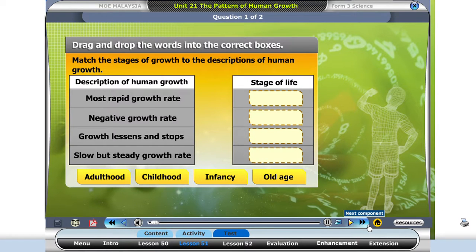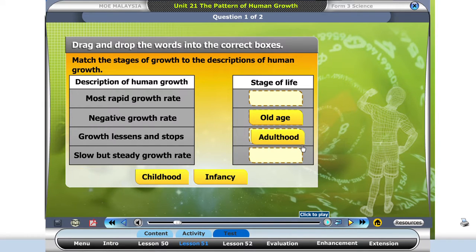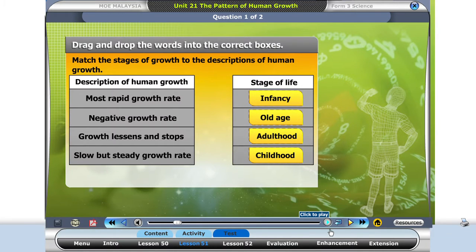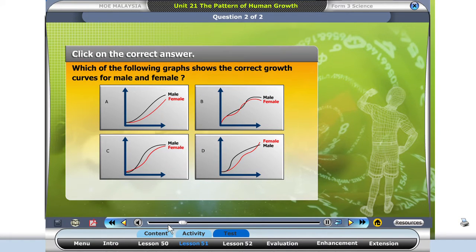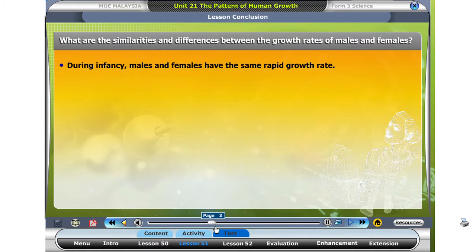Match the stages of growth to the descriptions of human growth. Drag and drop the words into the correct boxes. Well done! Which of the following graphs shows the males and